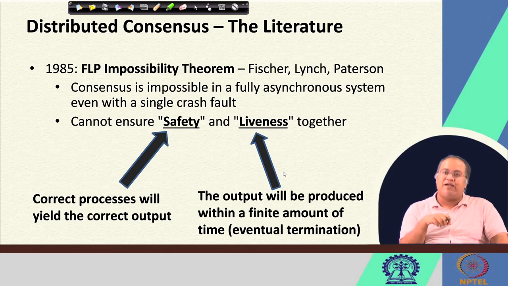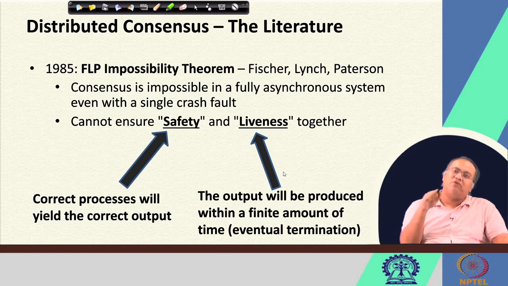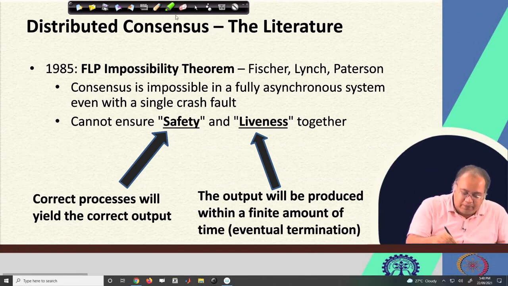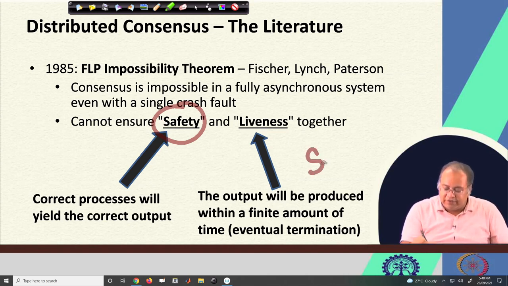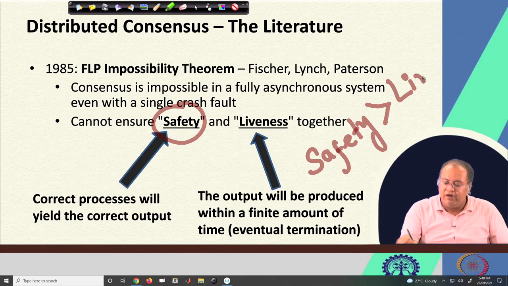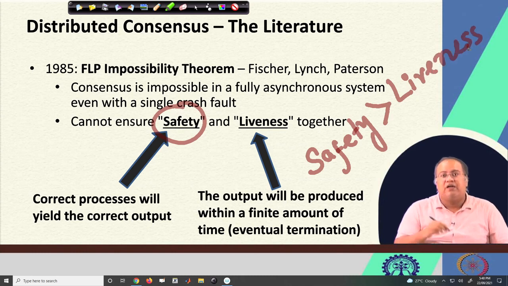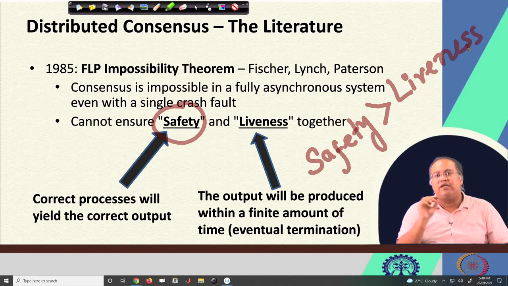But then what people have thought of is, let us give more priority to one property over another and try to see if I can reach consensus. So, what have they done? They have given more priority to safety over liveness, in the classical distributed system literature. So, safety has more priority over liveness. Now, if you think of it and accordingly design your consensus protocol,